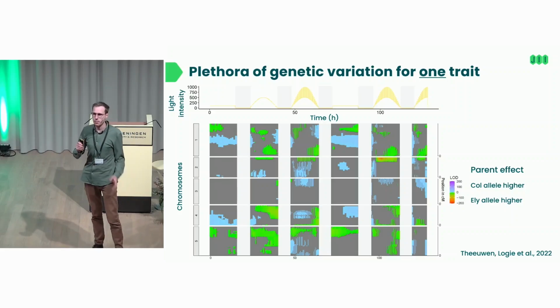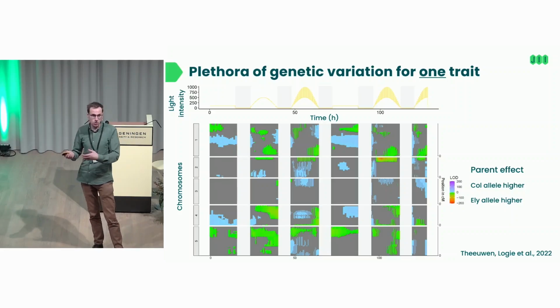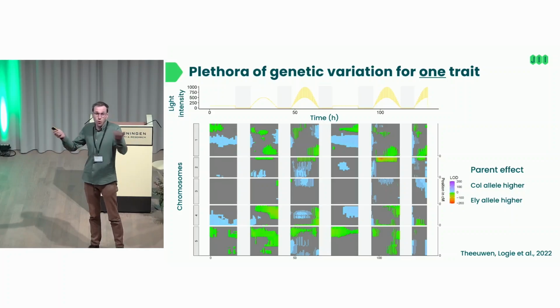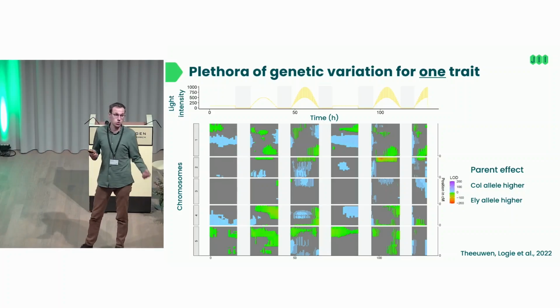And that means that any blue QTLs have a phenotypic effect that is caused by one of the parental alleles, and the green effect is caused by the other parental allele. Okay, so I think it's safe to say that there is a plethora of genetic variation for just one trait,